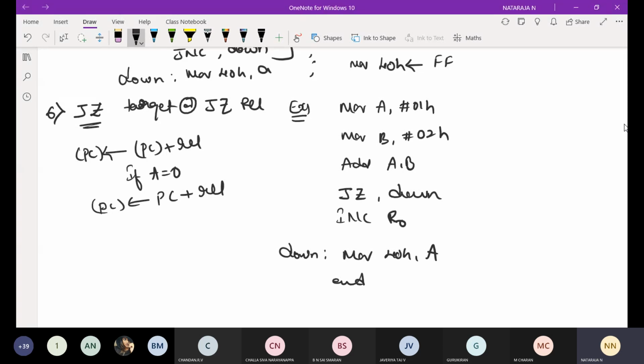Before going to trace, make a note. Condition for this instruction: if A is equal to 0, the condition is true, then it jumps to the address specified by the label down, that is, move 40H comma A in the above example.